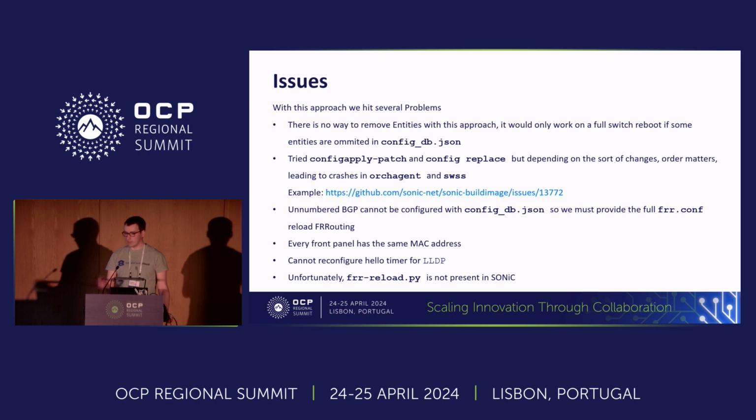And, yes, this was also a very nice finding that we in the first place didn't understand completely. Because in Cumulus, every front panel gets its own unique MAC address. In SONiC, every front panel gets the same MAC address. This was very surprising for us because we need to identify the front panels of the switch from the node per LLDP. So we have to find a different solution and also reconfigure the hello timer on the switch